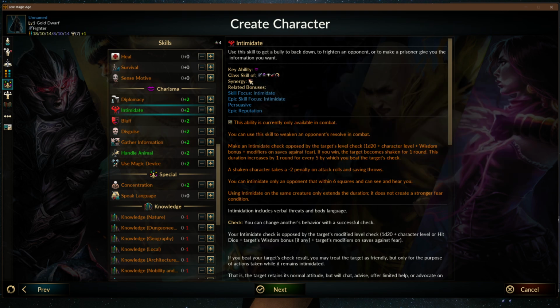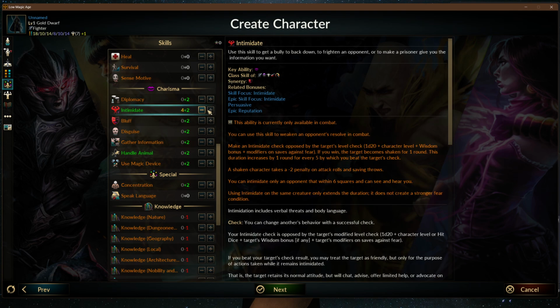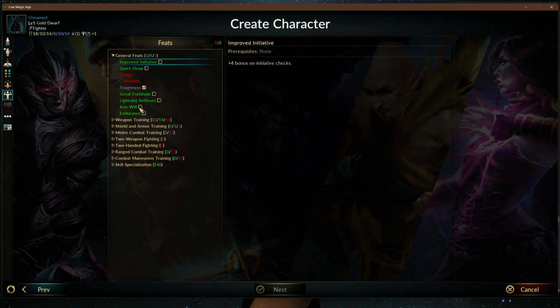Last skill of the fighter. Synergy: if you have 5 or more ranks in bluff, you get a +2 on intimidate checks. Put all our points into intimidate. And let's see, toughness: +3 hit points initially, and 1 additional hit point for each level beyond 3. Endurance is of no practical use. We'll get toughness and